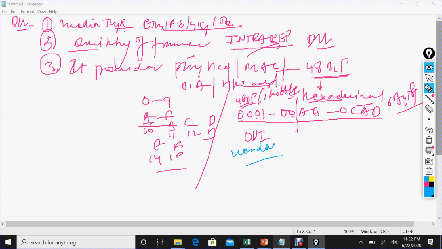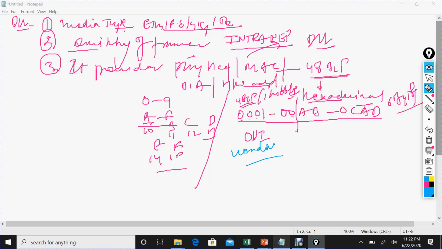Okay, so let's suppose I use the MAC address of this PC, and I want to check which vendor it belongs to. I copied the MAC address of this laptop, and there is a website on Google where you can copy and paste it and easily find out the vendor of this PC on the basis of the MAC address. That is Intel.